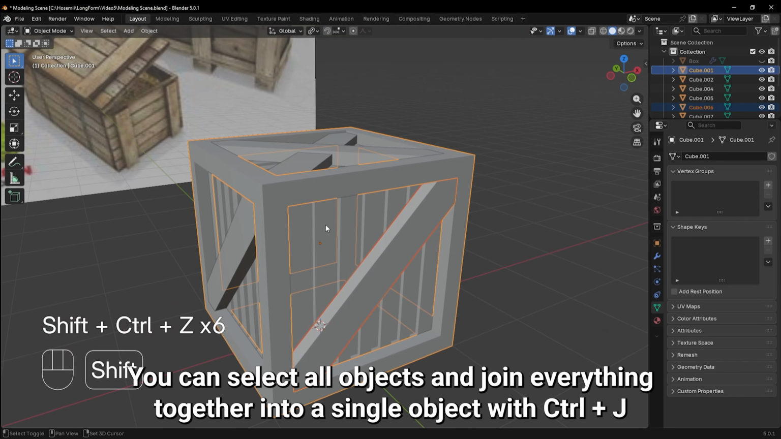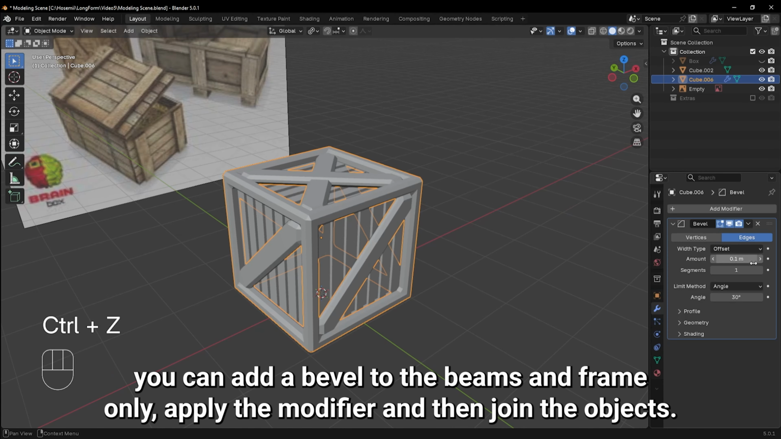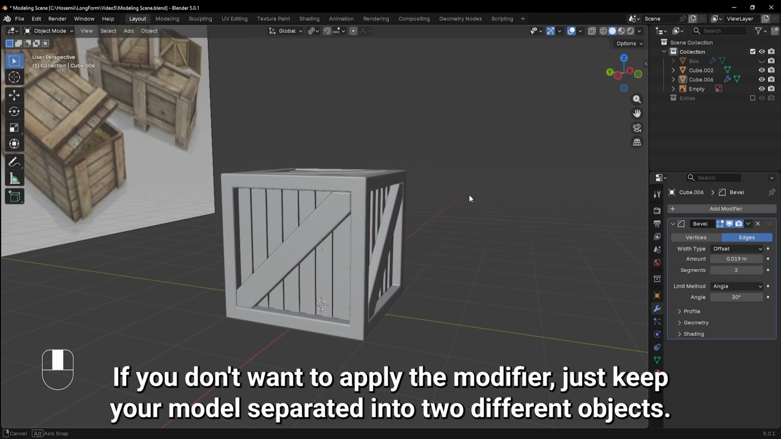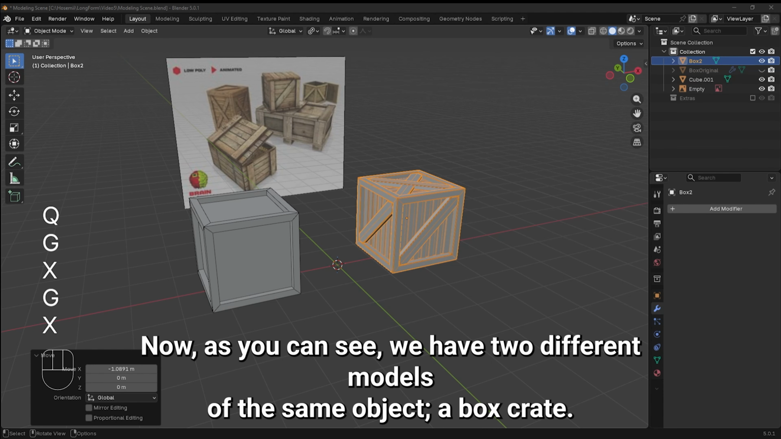You can select all objects and join everything together into a single object with Ctrl J. Before doing so, you can add a bevel to the beams and frame only. Apply the modifier and then join the objects. If you don't want to apply the modifier, just keep your model separated into 2 different objects. Nothing wrong with that. Now, as you can see, we have 2 different models of the same object, a box